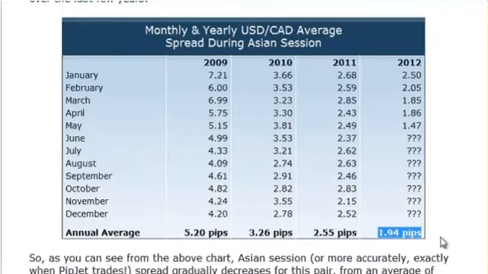And this is something that is nice. You see on this pretty chart how an opportunity has been developing here. In black and white, comparing numbers, that's how you find opportunities in trading, doing your research. Look, May of this year, the average spread, 1.47 pips in the Asian session. Obviously, depending on the broker you're trading, that can change, but this is the general market spread decrease. So this chart shows us the spread decrease for the USD CAD pair during the Asian session, which is the session where PipJet trades.